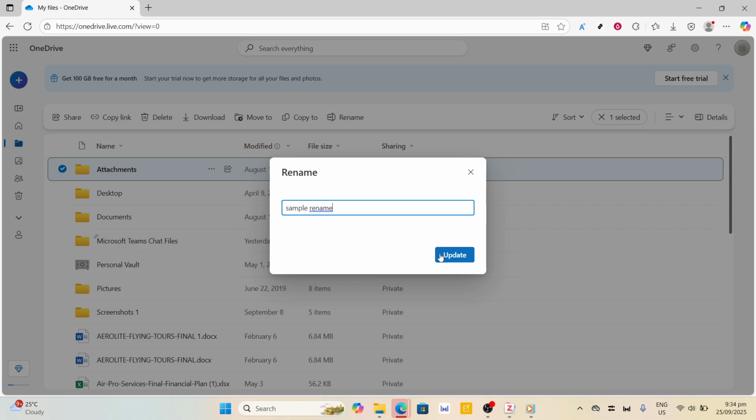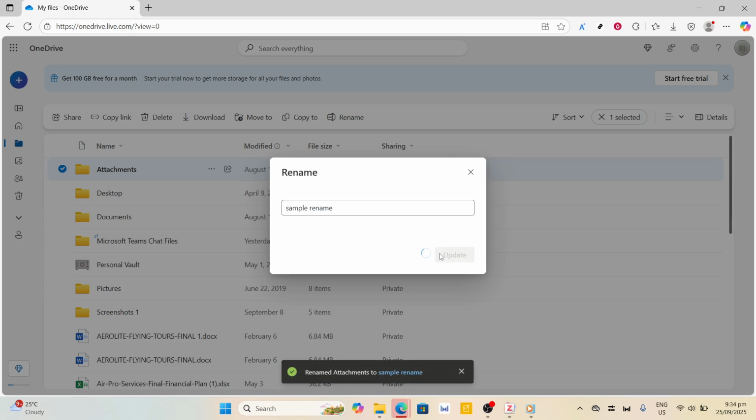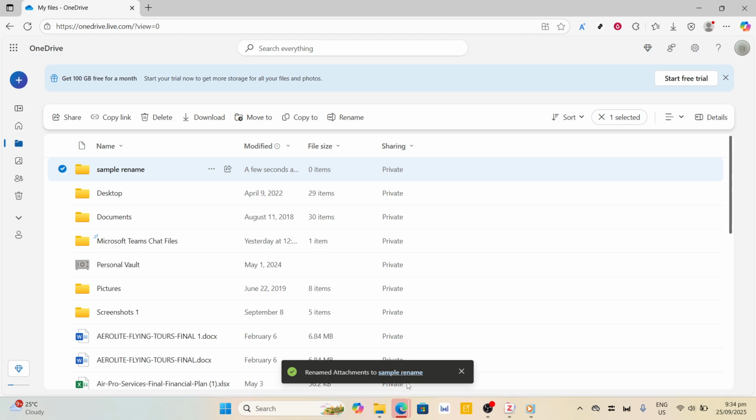Once you're satisfied with the new name, press the enter key on your keyboard. If everything went smoothly, the folder name should update immediately. It's a simple process, but if for some reason the name doesn't update, try refreshing your browser or checking your internet connection. Now that your folder has a fresh new name, you can continue to organize other files or folders